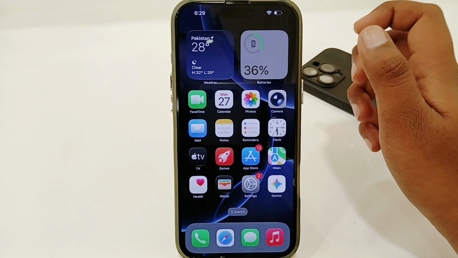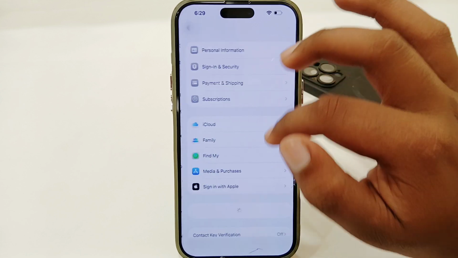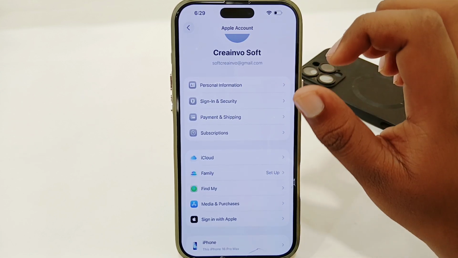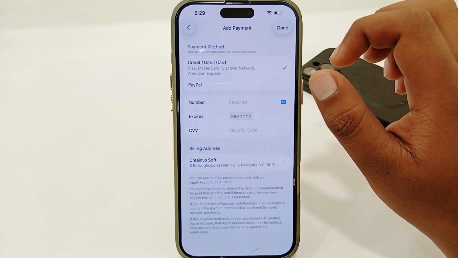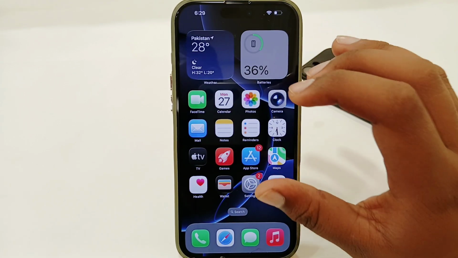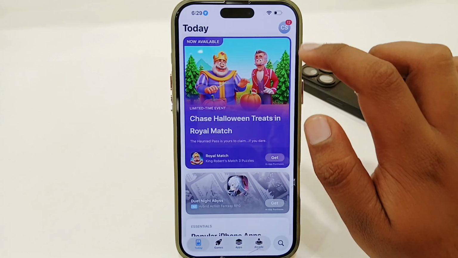So first you have to delete your previous payment methods. Open your settings here, tap on your Apple ID, then select the payment and shipping option, and you just have to delete your previous payment method from here. And after that, you have to add a new payment method, or you can re-add your same payment method. So you just have to open your App Store, then tap on your profile in the top